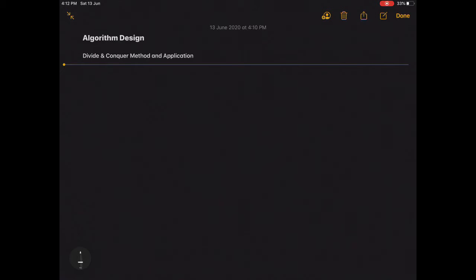Now, what is divide and conquer method? It is a strategy. What is strategy? Strategy means approach or a design. So how you approach a problem? Suppose we have a problem P which is big. What we do is we divide that problem into smaller problems, or we also call them tasks, or also call them sub problems.